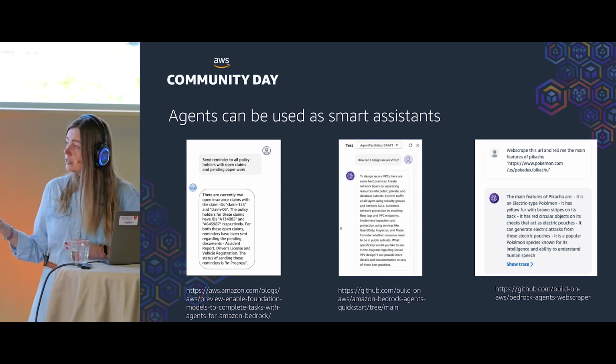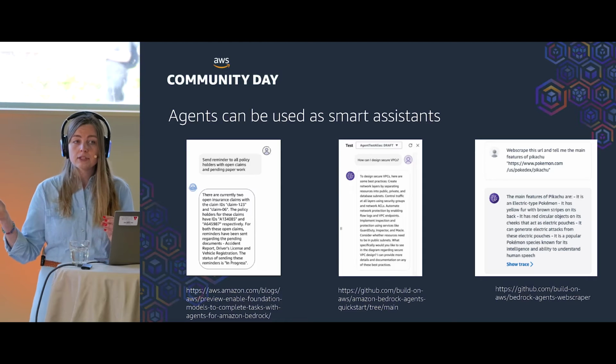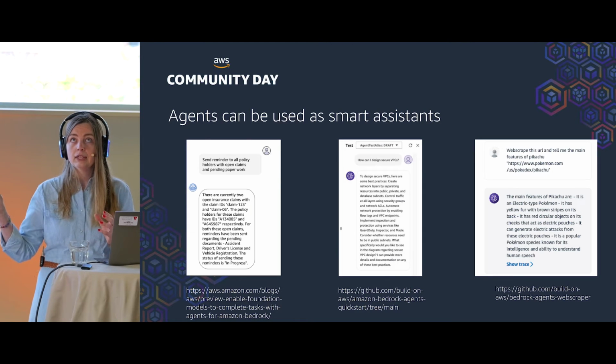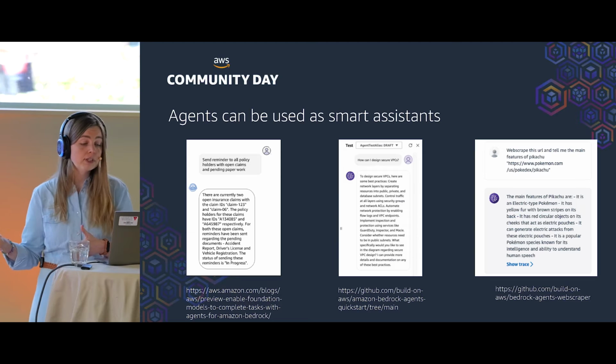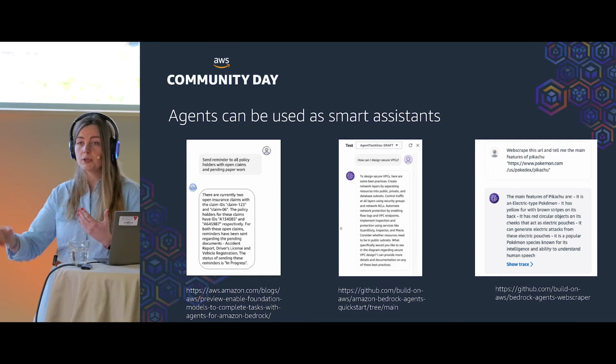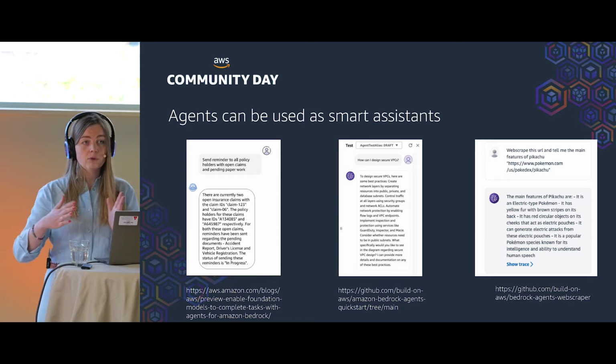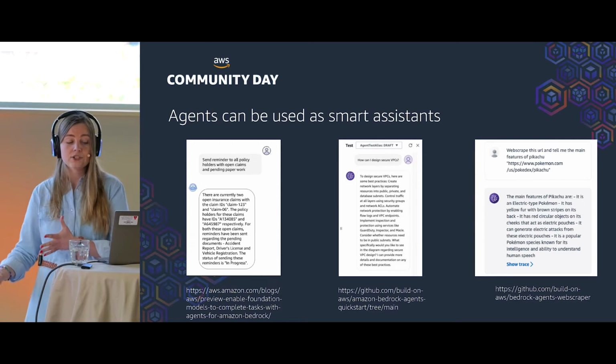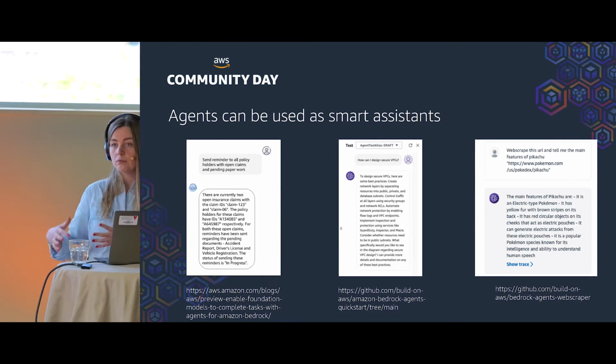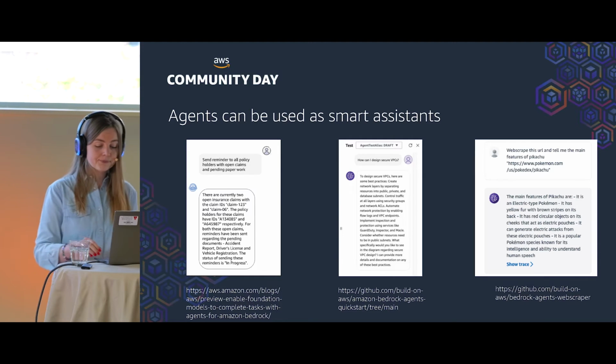And the last example is just to show that tools or actions can be very different. You can even web scrape some URL and tell what's inside, what's on the Pikachu picture. So use cases can be different.